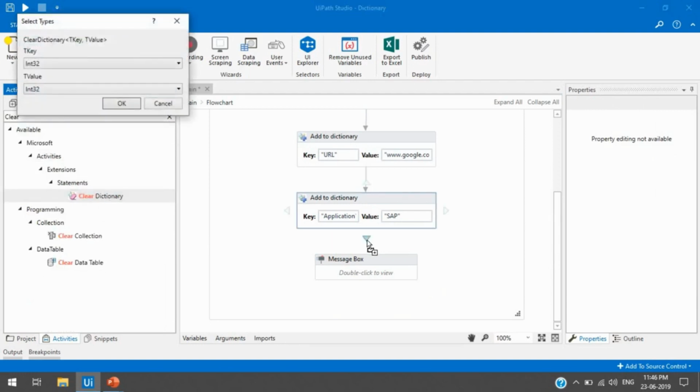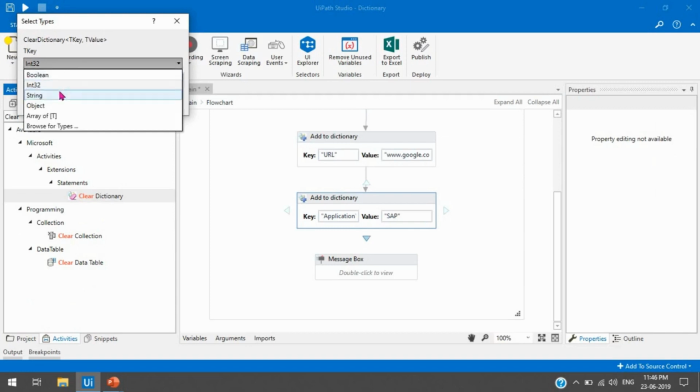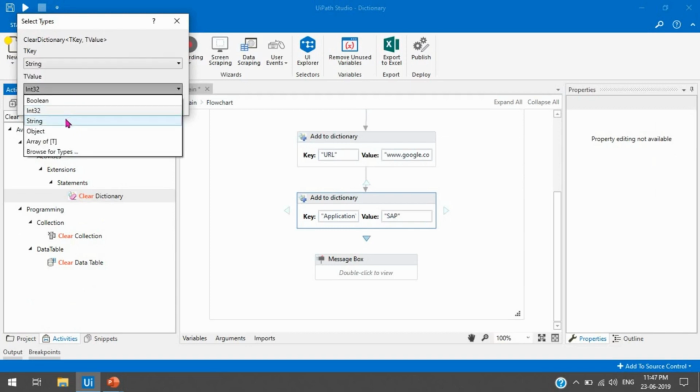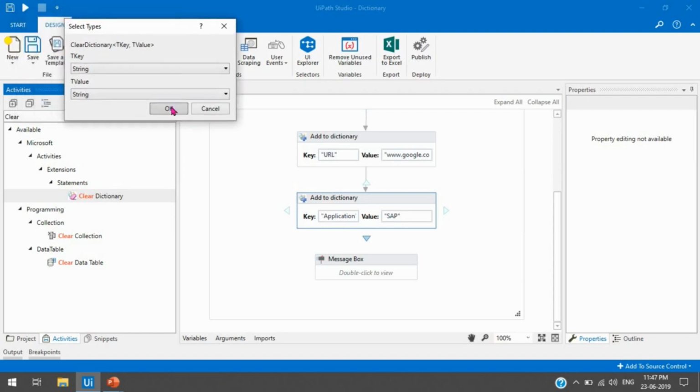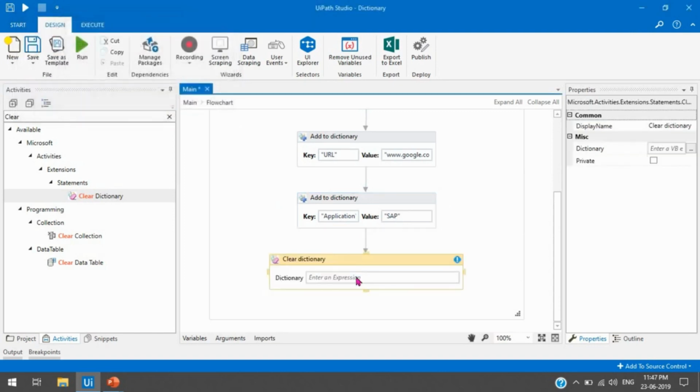It will ask for the type of key and type of value, meaning which type of key and which type of value exist in your dictionary. So press OK.